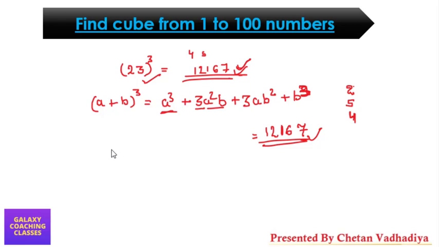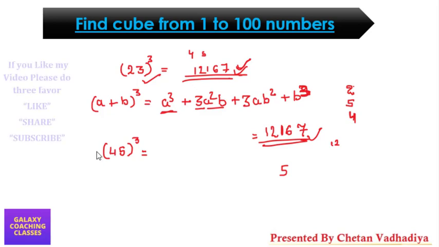Let me select 45. So if you want to do 45 cube directly, you are going to use this. First of all, B cube. So 5 cube will be 125. Take this 5 here, 12 carry. You actually have to do this in your mind, but I'm showing you. 5, 12 carry. Now 5 square is 25. 25 fours are 100. 100 threes will give you 300. 300 plus 12 is 312. 2 here and 31 carry.